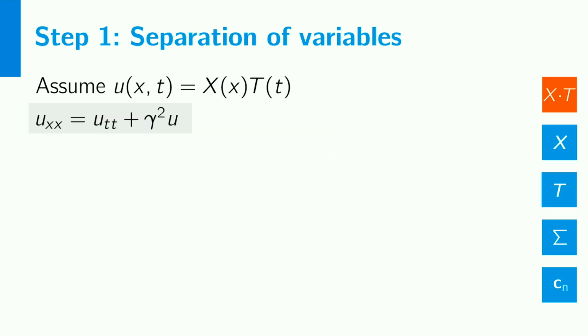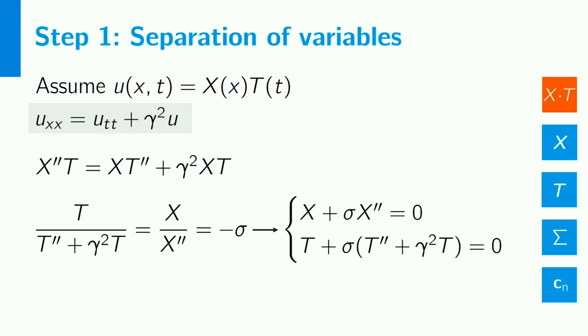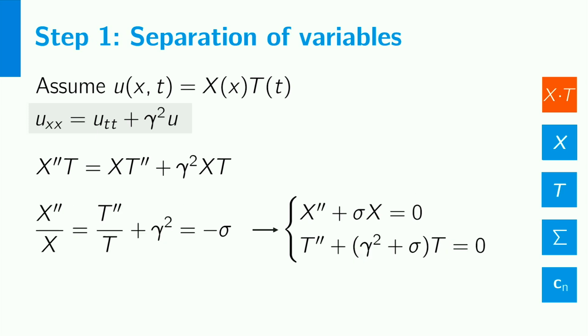Now we can separate the partial differential equation. Separation can be done in several ways. Some are more convenient than others. Here you see a separation with the derivative function in the denominator. However, the separated equations are useless when sigma is equal to 0. This is not a good way to separate. You should keep the derivatives in the numerator. This is the best way to separate this PDE. Of course, you could use a different sign for sigma or use a different separation constant altogether. As we are going to solve the equation for X first, we want that equation to be as simple as possible. That's why we have put the gammas in the equation for T.